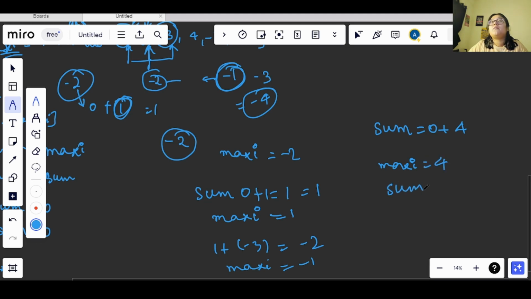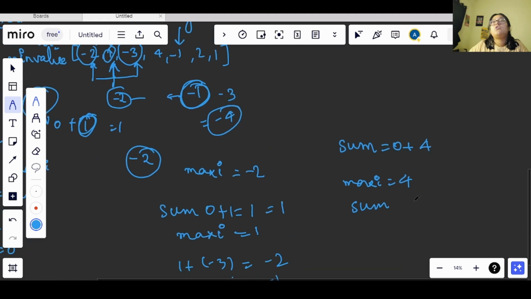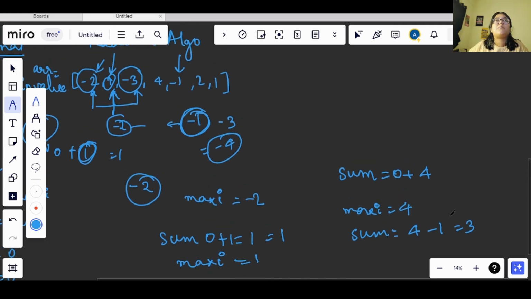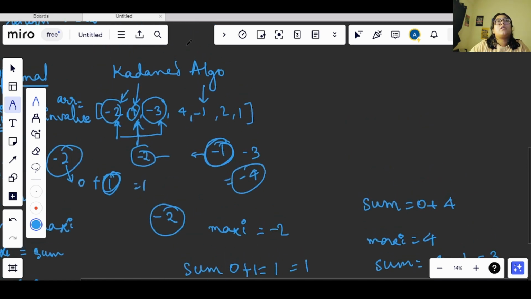After this, we will move our pointer forward, then we will have -1 here. So we will add -1 and we will get 3 here. Again, we are getting 3 here, but this is a positive value, so we will not update our sum. After this we will go to the last second index, where we have 2, okay.